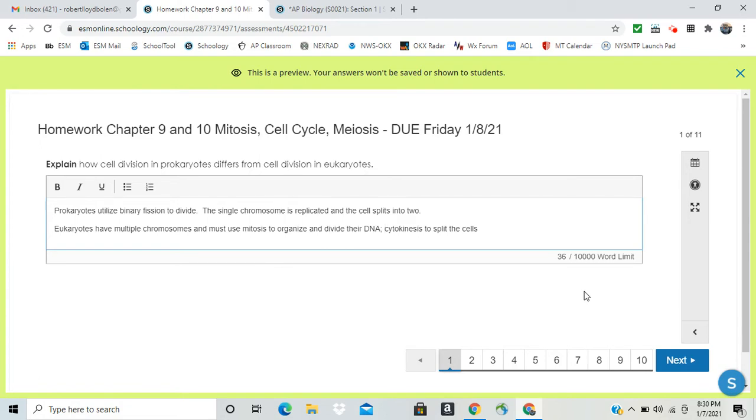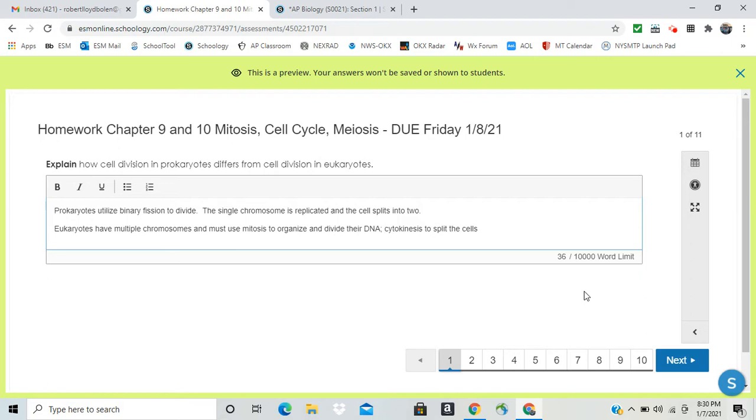Prokaryotes divide by binary fission, okay, which means they simply take their single chromosome, replicate it, and then split into two, and divide the cell evenly. So there's nothing special that they need to do because they only have one chromosome. Therefore, there's nothing that they have to organize and arrange and move around to make sure that they equally can